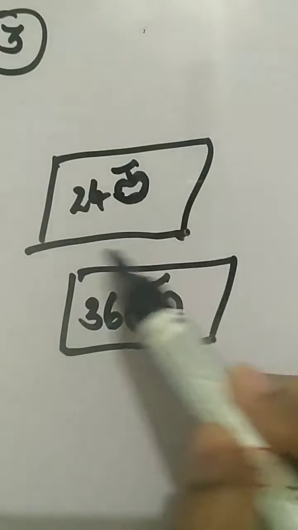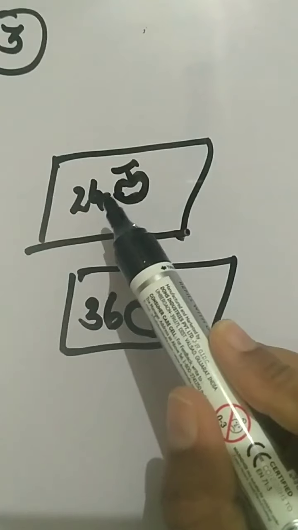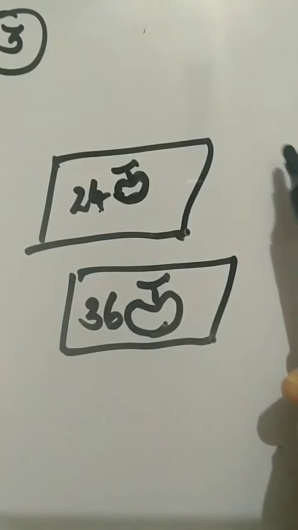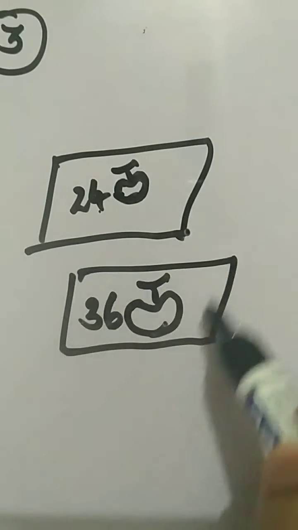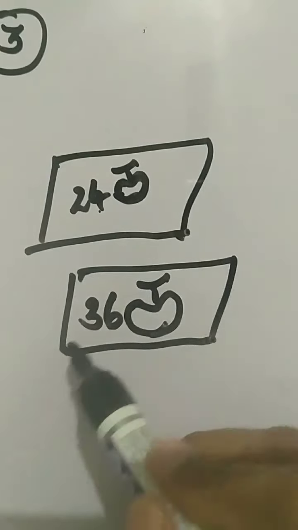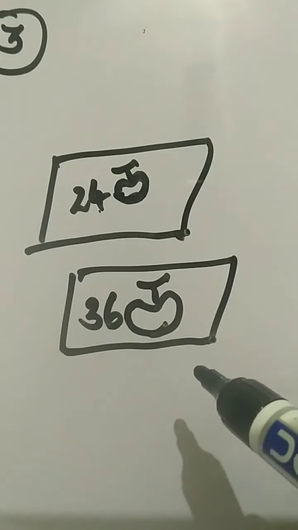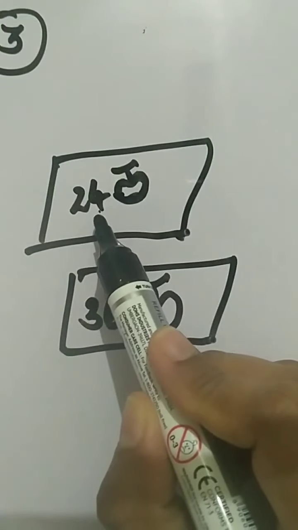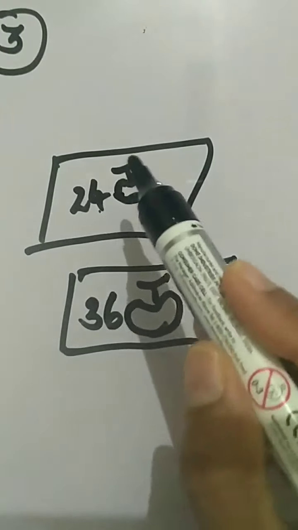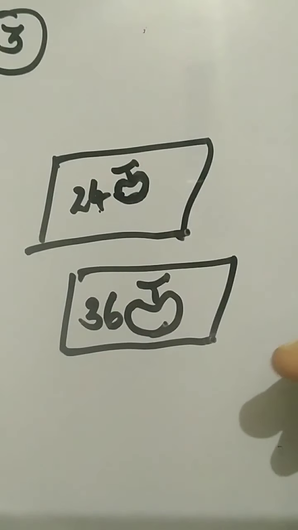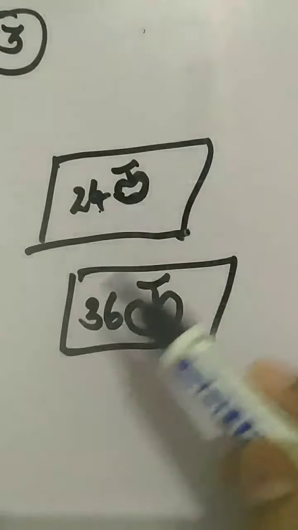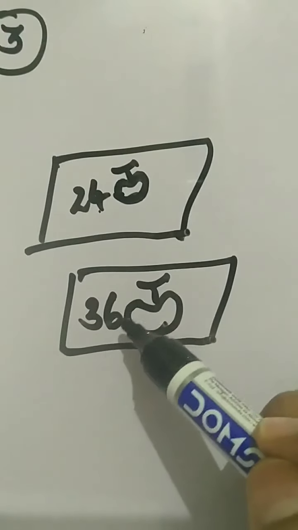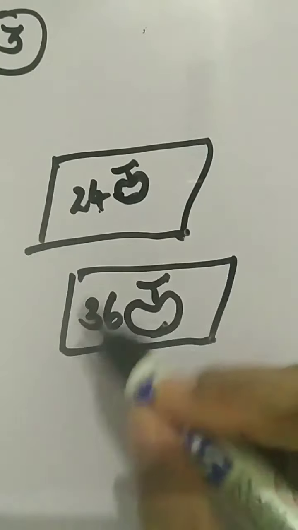Now in this box, 24 apples can be put, a lesser number of apples. So I will need more boxes. More apples can be put in this box because the big box is big. So I will need fewer boxes, no? So you can see that this box is smaller, so fewer apples can be accommodated. So you will need more boxes to carry the whole lot. Whereas here the number of apples that can be accommodated is more, so you will need fewer boxes of this type.